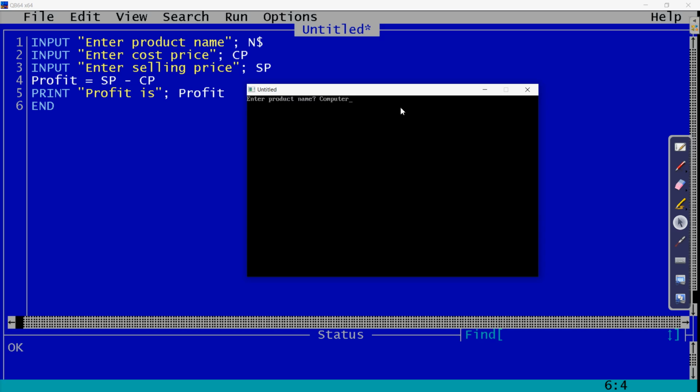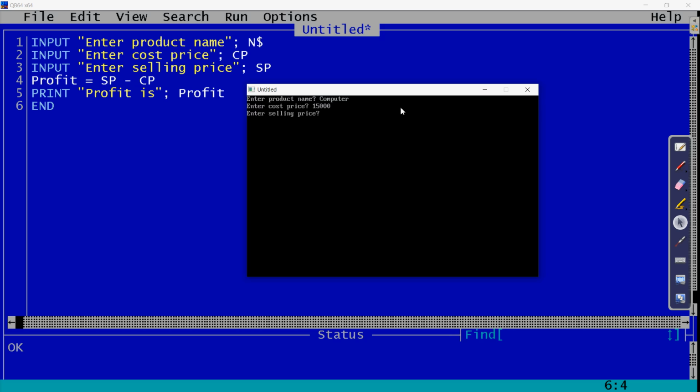This will be saved in the variable n dollar. Then it is asking you the cost price. Suppose you have purchased the computer for 15,000 or 20,000, whatever is the cost, we can write. Suppose I have written 15,000 is the cost of the computer. Clear?